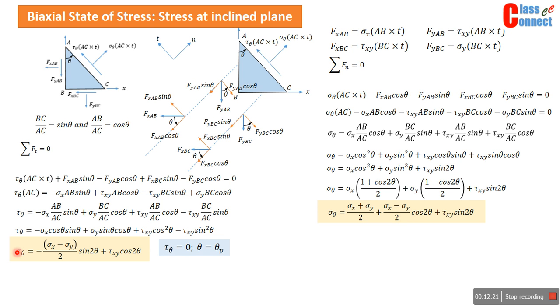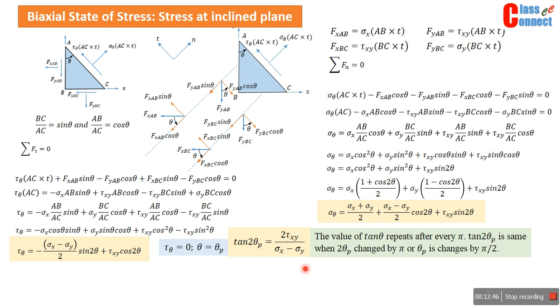But here this is varying with respect to sine and cos curve, so that is why this may be 0 somewhere. So let us try to find out where this tau theta is 0, and let at that particular point theta becomes theta p. So now we can write down, when we substitute this equal to 0, we get tan 2 theta p is equal to 2 tau x divided by sigma x minus sigma y, and this particular expression gives us two values of 2 theta p,